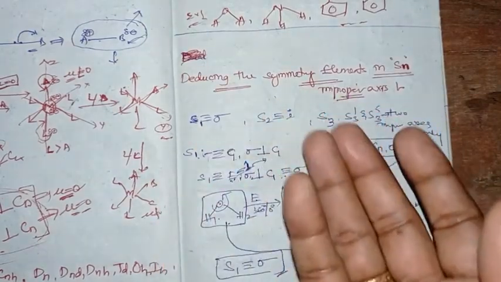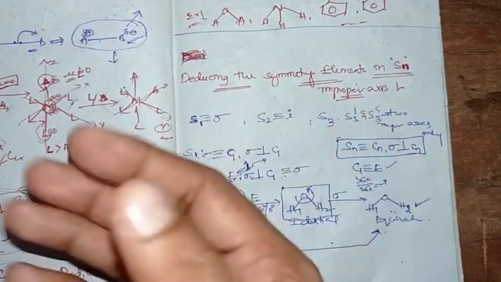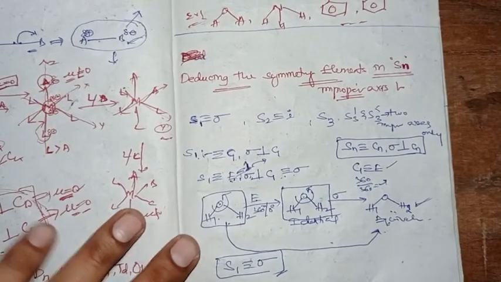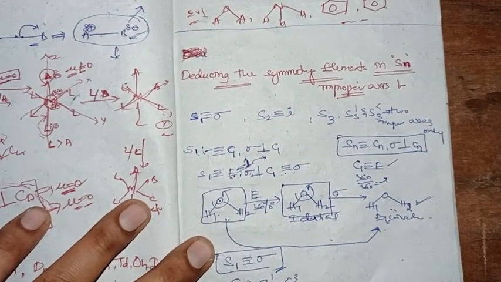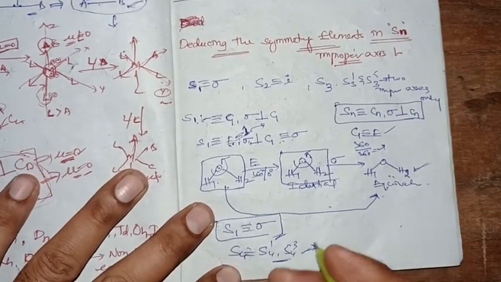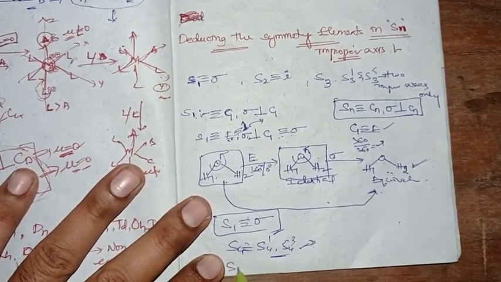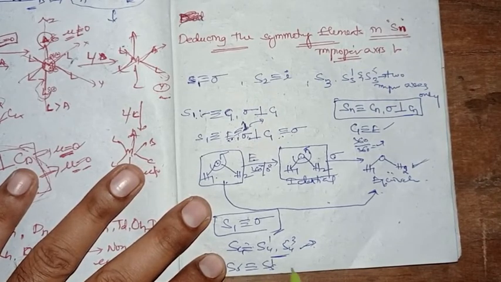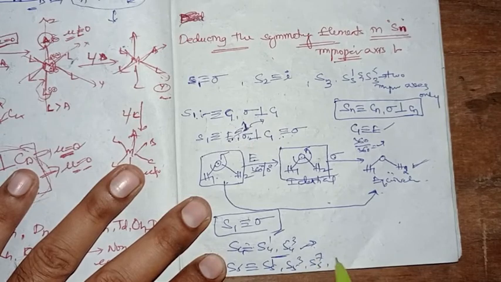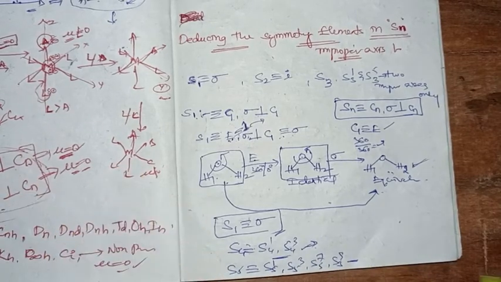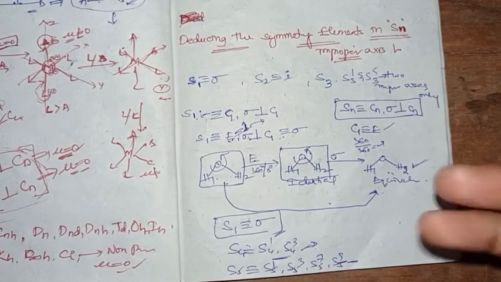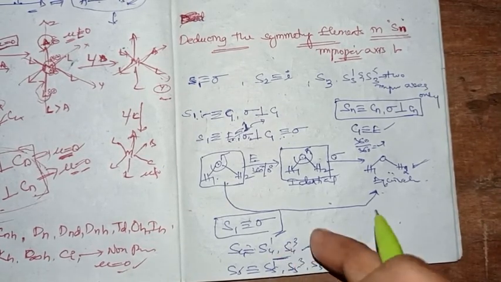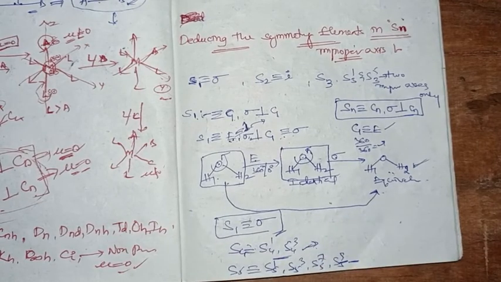Like this you can also deduce for the S4 improper axis: in S4, S4^1 and S4^3 are the two improper axes only. The others will be other elements. In S5, S5^1, S5^3, S5^7, S5^9 are the four improper axes. The others will be other elements. You can practice and examine these, right?